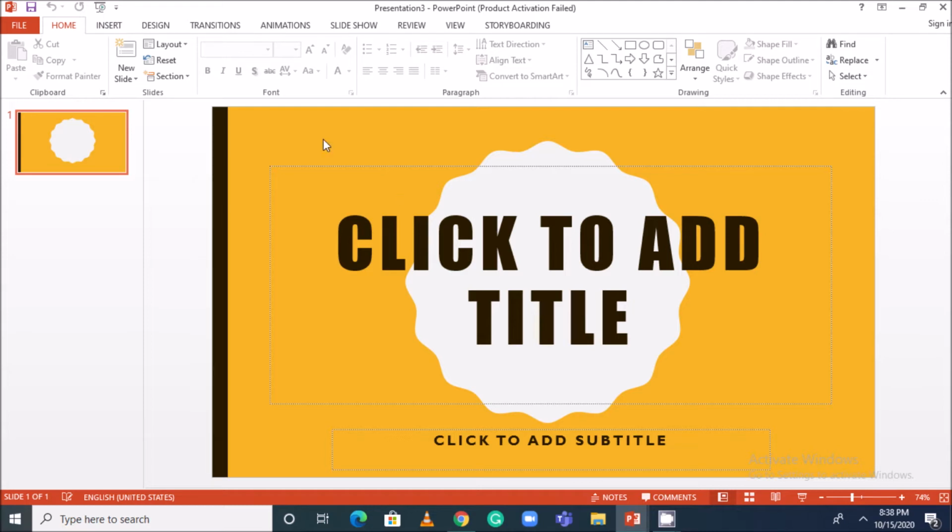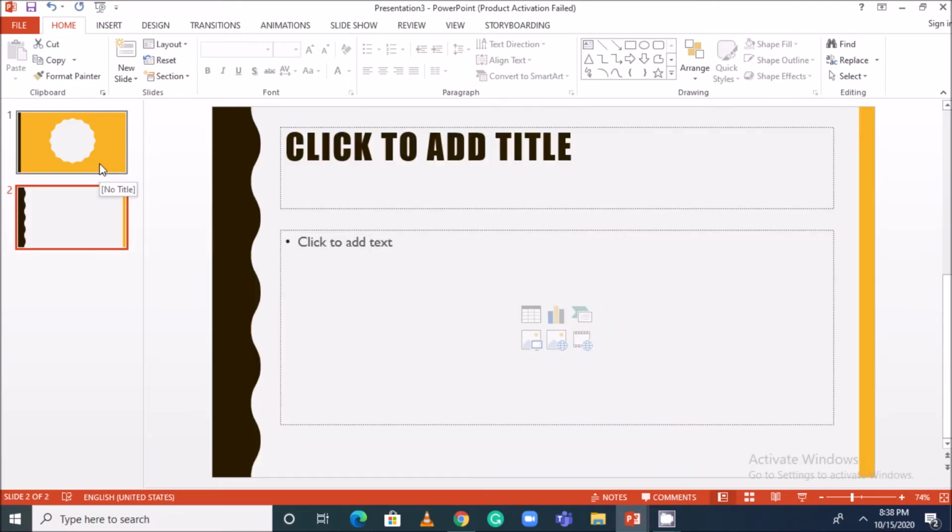If you are not happy with these colors, background colors and all, you can change these colors, even font styles, font colors and everything, it's possible to change. Now here if you want to insert another slide, you can right click on new slide. So the same slide also comes with the template design. This is a title slide. This is a bit different than other slide, but all other slides will be in this design.